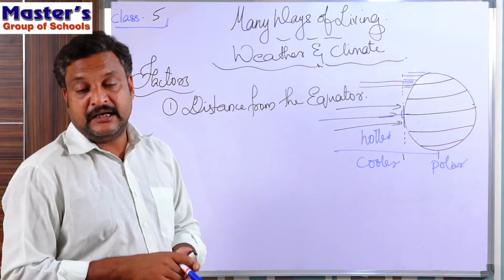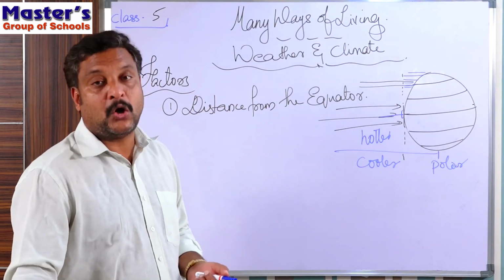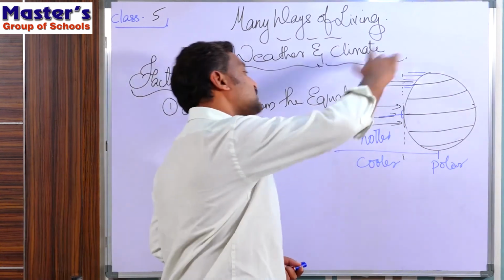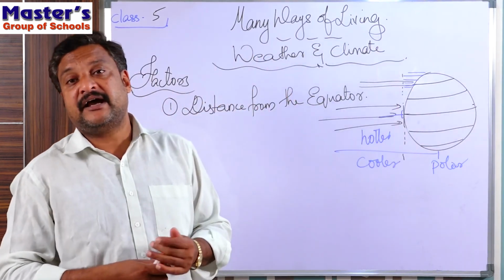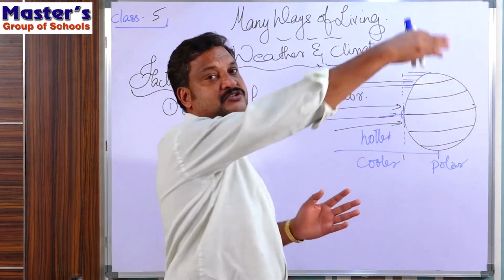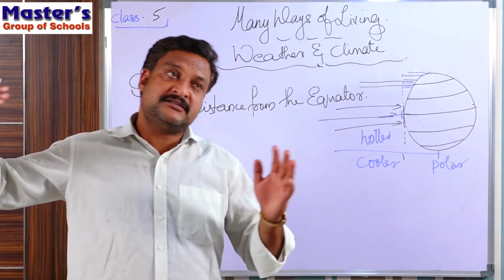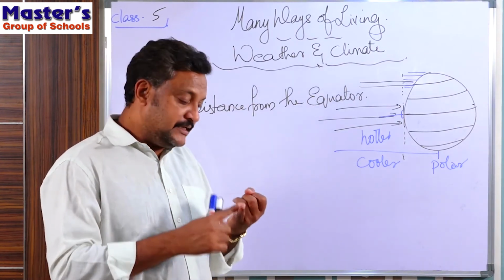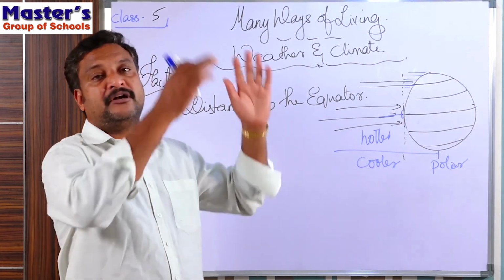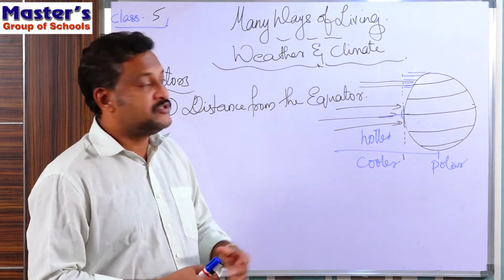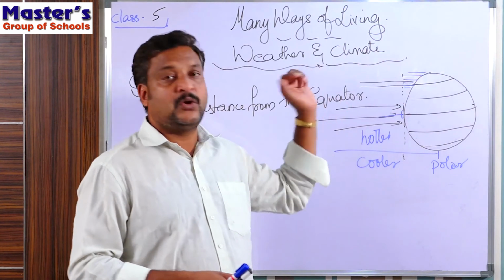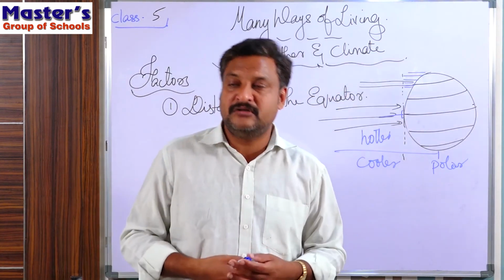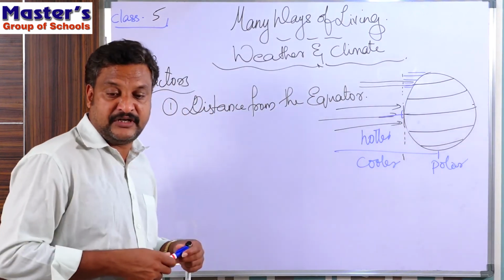So the area around the equator will be hotter than the other regions. And as we move towards the poles, the sunlight has to travel a lot more distance to reach the land, and as it travels more, it becomes weak, and the heat and light also become reduced. Right? So the areas around the equator are hotter than the polar regions. So based on this, we have got three different zones